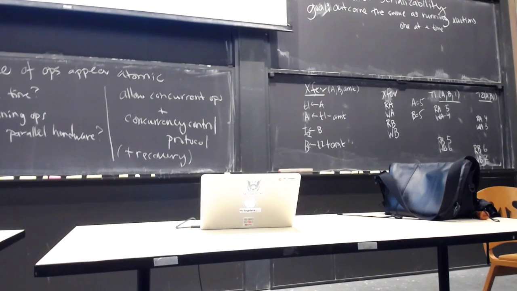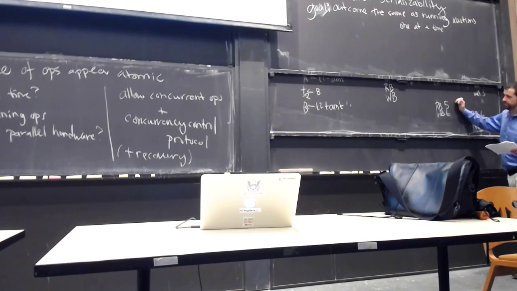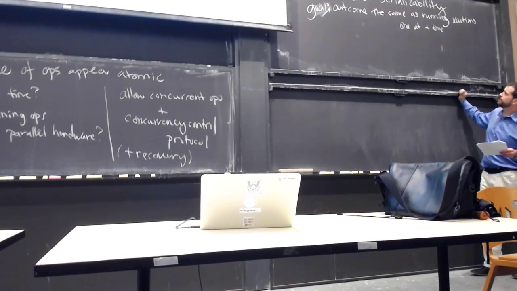Okay, so the simplest, intuitive definition of how we define whether a particular schedule is serializable or not is just to look at all the reads that happen, and confirm that all the reads were equivalent to what they would have been in some serial schedule, and to confirm that the final state of the database system at the end of this is also equivalent to what it would have been in the serial schedule. That's what's known as view serializability. We'll define it again in just a minute.